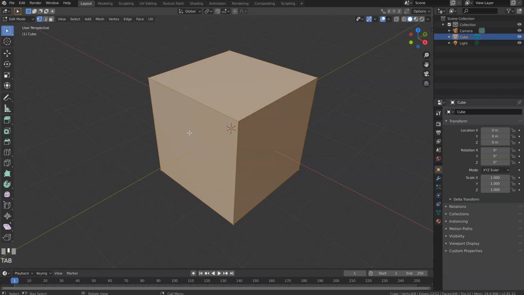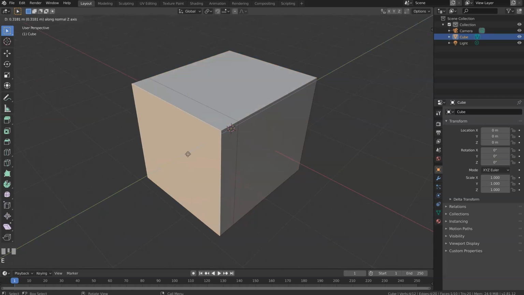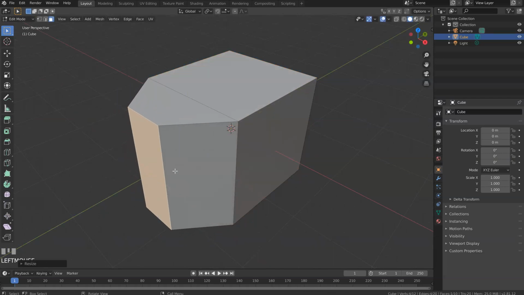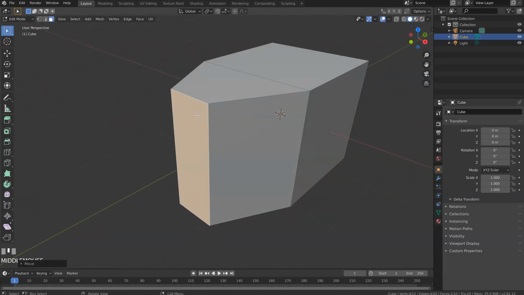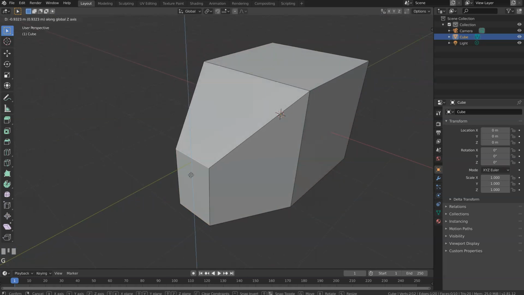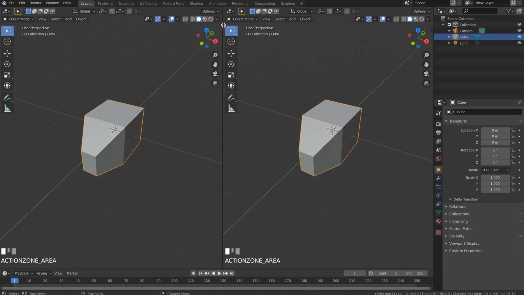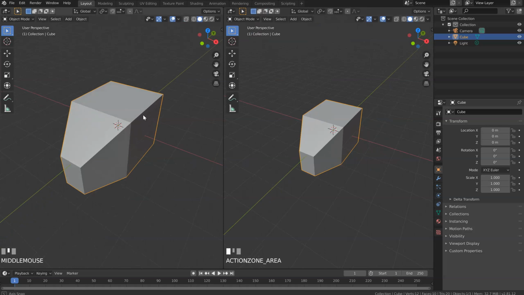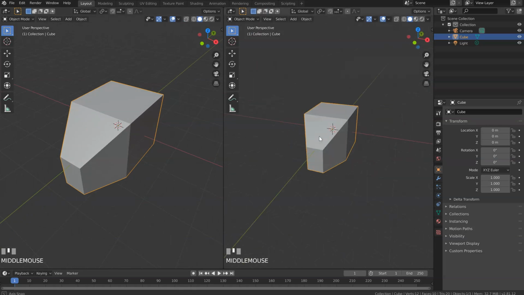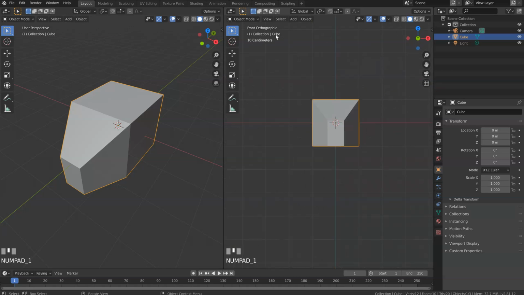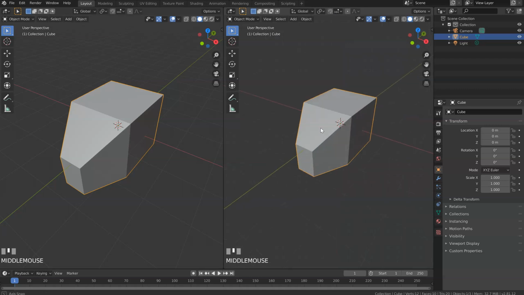I will press tab, 3, select, let's make an extrusion. I will show you all of this later on in the polymodeling part. So, I will also do this, we will see this later. You have your 3D view here, and here you have also another view. If you press 1, as you can see, you will be in front orthographic view. Okay? To exit it, just press middle mouse button.